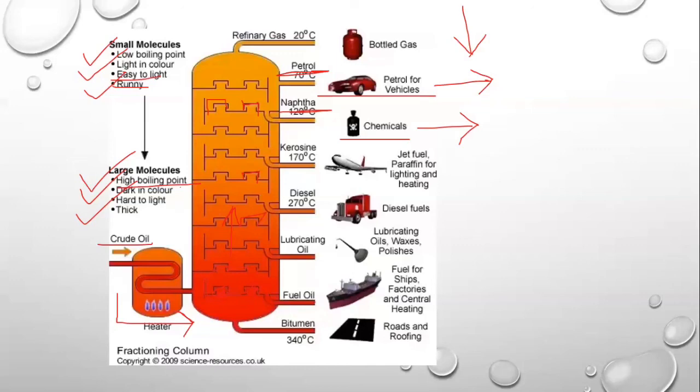Naphtha is used for chemicals, and it is also used for detergents and making plastics, etc. So we need to reduce that use as well. Why are we reducing? Because crude oil is made up of fossil fuels, and fossil fuels are not an infinite resource. Crude oil is obtained just like fossil fuels, so it is not an infinite resource, it will finish, and that's why we need to conserve it. So this was all about fractional distillation.